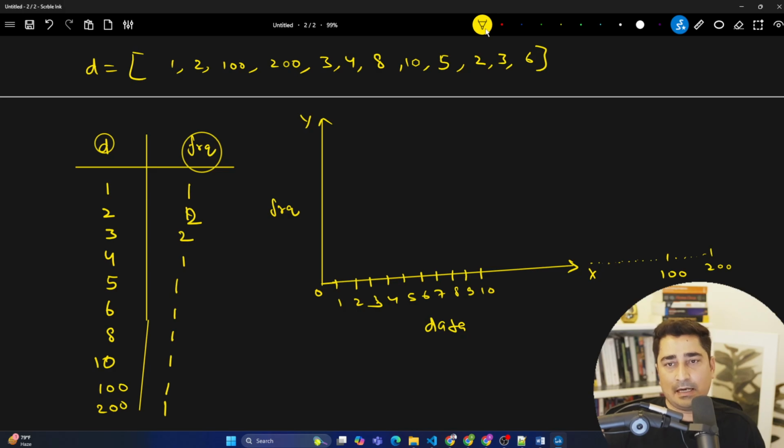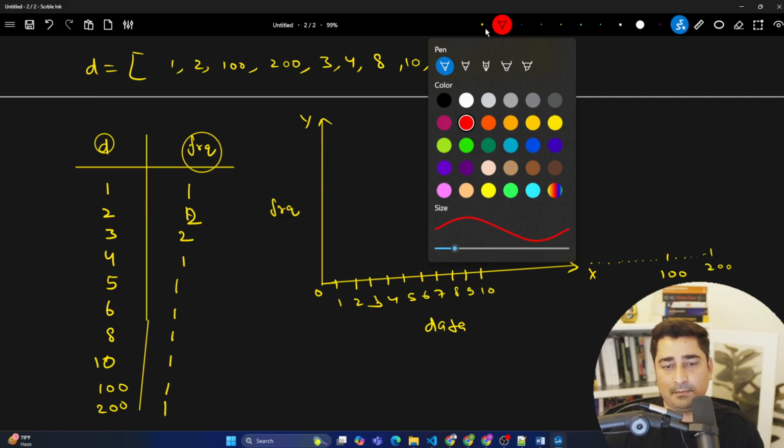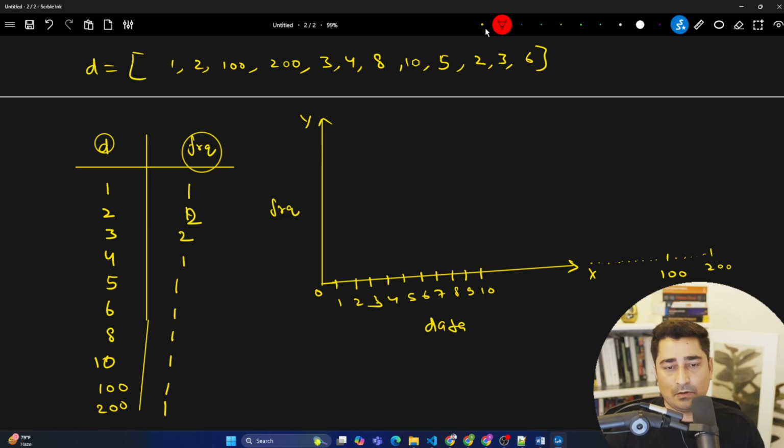So 1 is occurring, right? How many times? So 1 is occurring basically 1 time. So let's try to keep it here. So 1 is, let's suppose here, 2 is here, and 3 is here. So 1 is occurring how many times? 1 time. So I'm going to plot a dot. So here data is 1 on 1. So this is 1 1 coordinate, right? Now 2 is occurring twice. So we are going to get a coordinate somewhere over here. 3 is occurring twice. So we are going to get a coordinate somewhere over here.